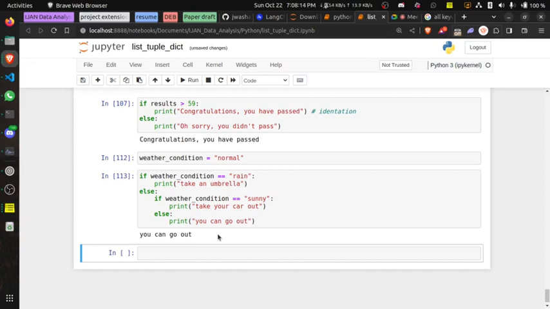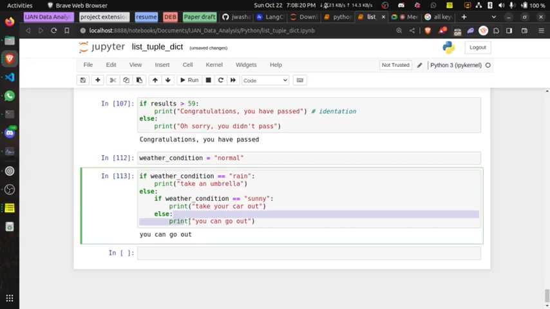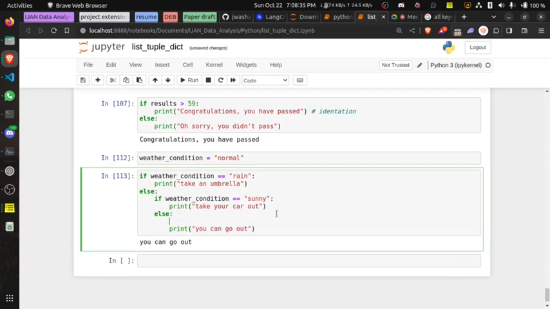If I want to extend this, all I have to do is come here, after this if else. So rather than print "You can go out" here, I can check for another condition. Let me comment it out.